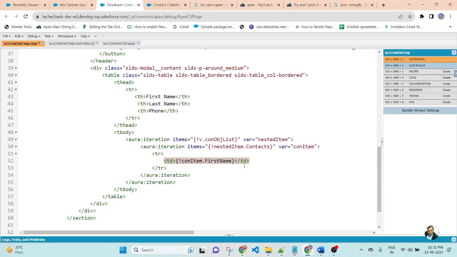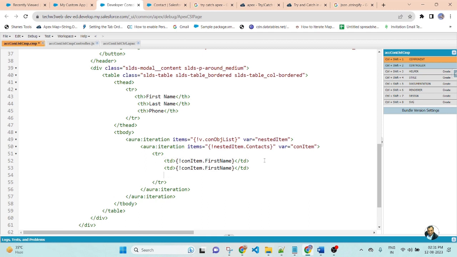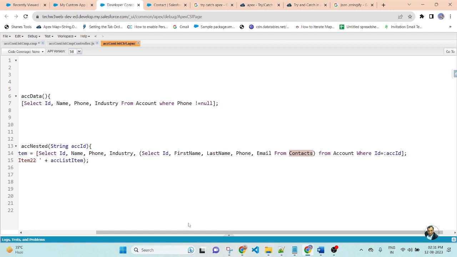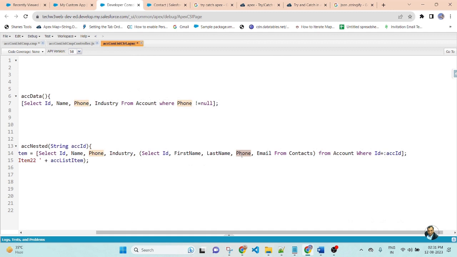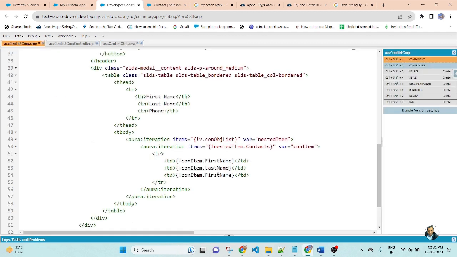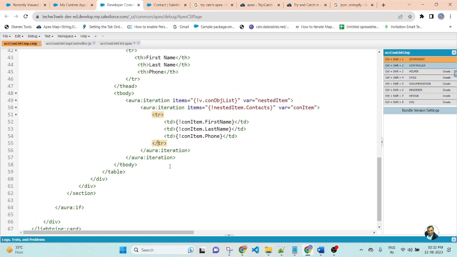Copy the td, paste it 2 more times. In the Apex class, there are first name, last name, phone and email. So first name, last name, phone. Here I am displaying three fields of contact. Save the file.